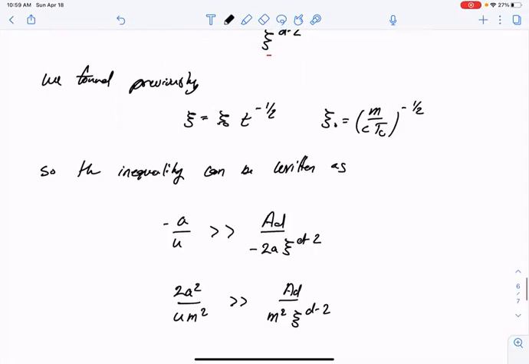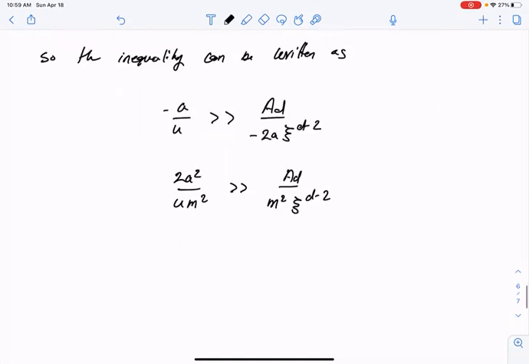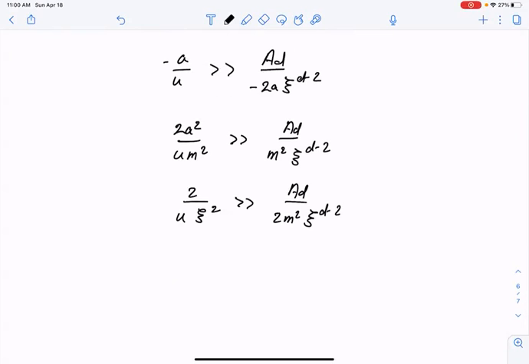A squared over m squared is the correlation length squared, inverted. So that's the same as twice u, the correlation length squared, must be much, much greater than AD twice m squared, the correlation length to the d minus 2. Or localizing the correlation length over to the right, we get that the correlation length less its bare value, its bare value to the d minus 4 must be much, much greater than